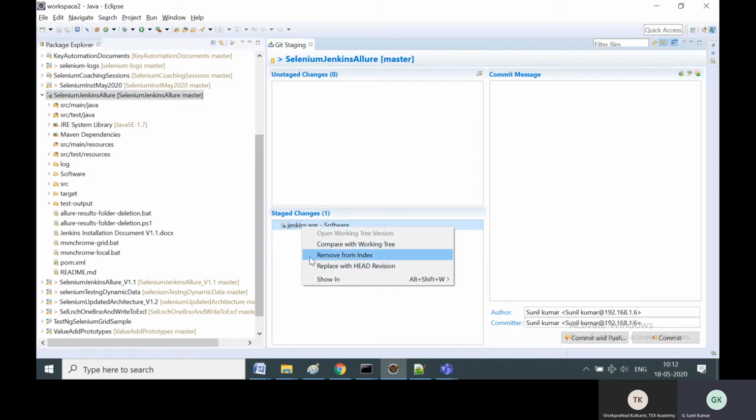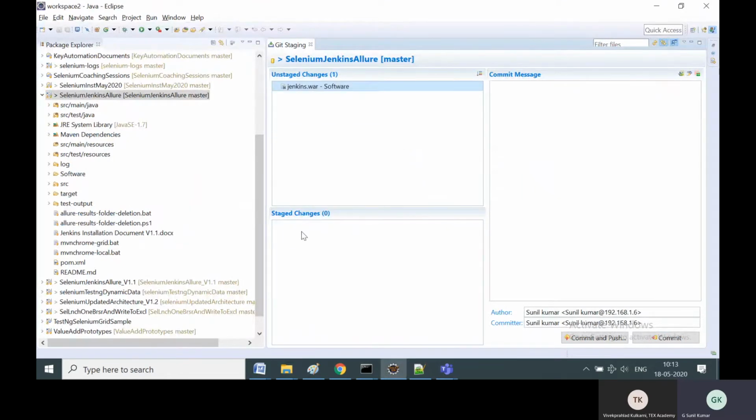So that is the process. Once you put all the files in the Git location, that is the repository location, from the local to the Git location, it will all appear in the unstaged changes. As I showed you, you can pull all those files from unstaged to staged, and then you have to type the commit message saying initial commit, like that.